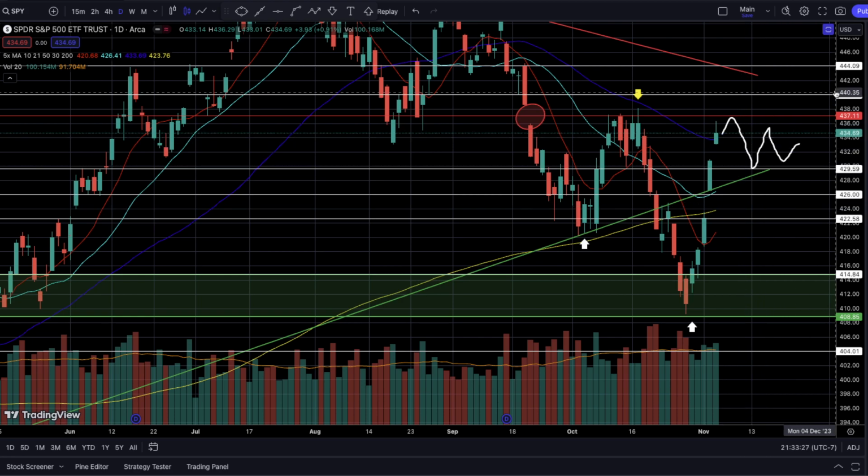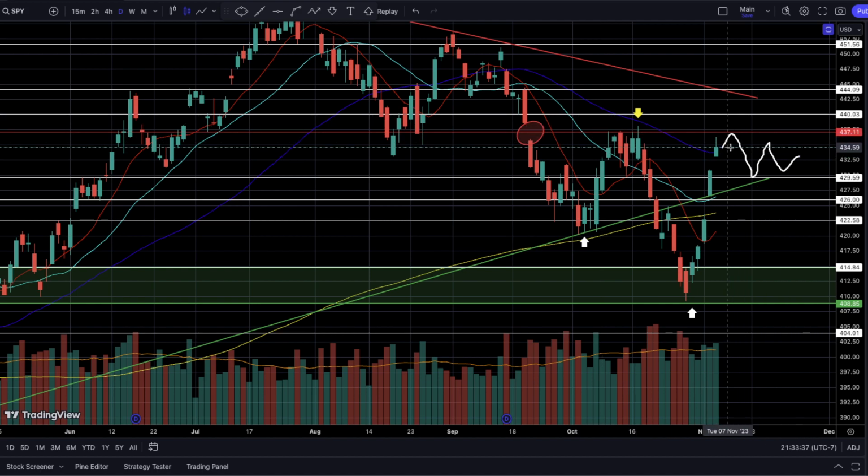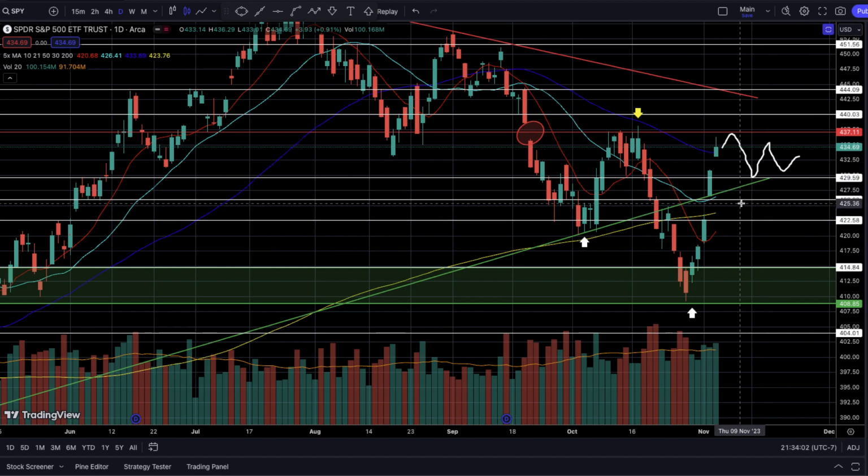So again, with the markets, I'm expecting to see at least a range forming between 429.50 to 437. So from the closing price of last Friday, if you go down to 429.50, that's over 1%. Right, and so far, usually when we do tend to see a good pullback, we tend to see a percentage move somewhere around 1% to 2%. So if you're looking at a 2% pullback, we should be somewhere around the next support level at 426.